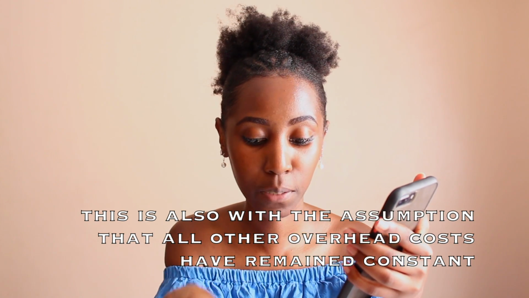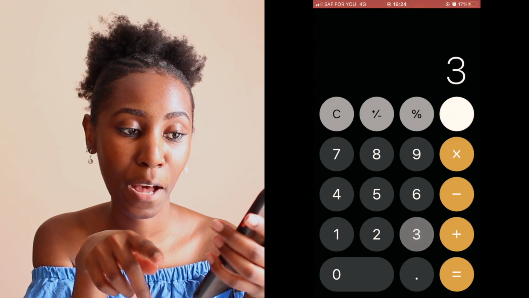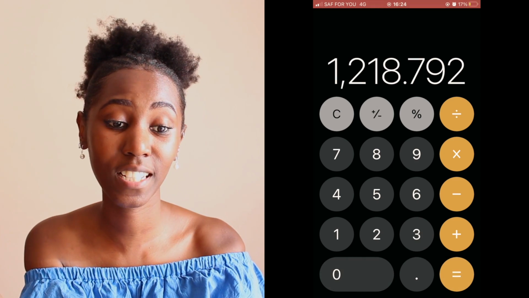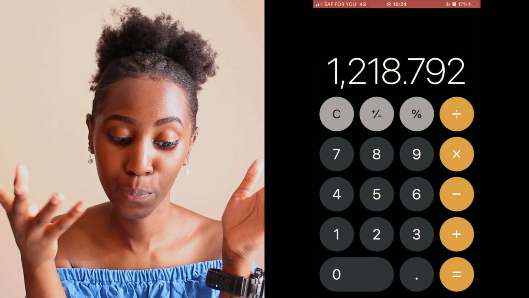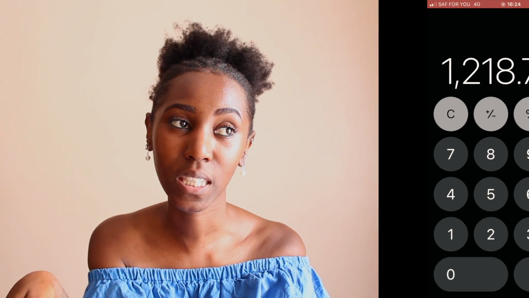I'll calculate my total expected overhead expenses. If we look at this amount and I can only manage to do 30 cakes a month, it means my overhead costs come to 1,218 shillings 0.80 cents. That's approximately 1,220 shillings for overheads only per month. So when you do it like that,